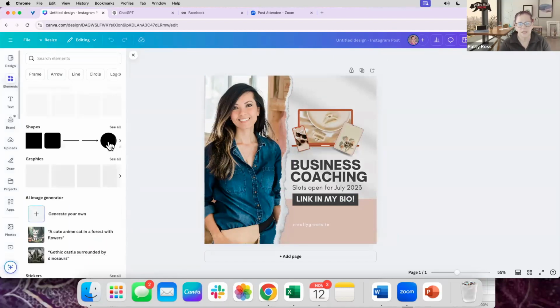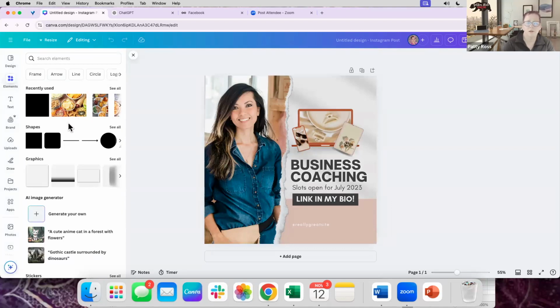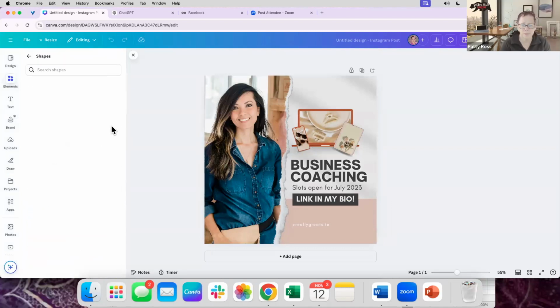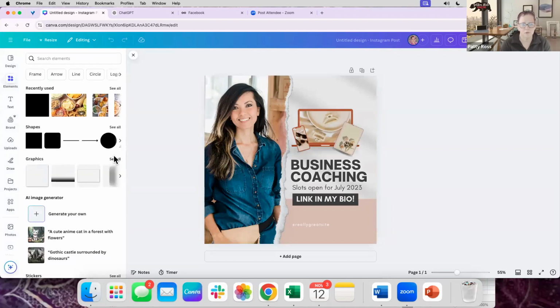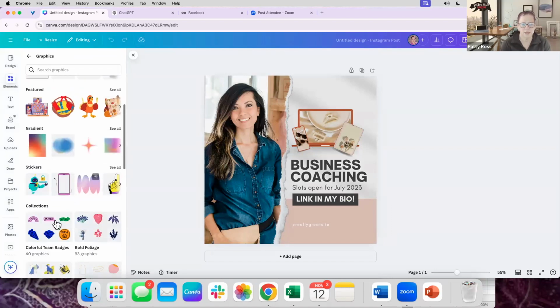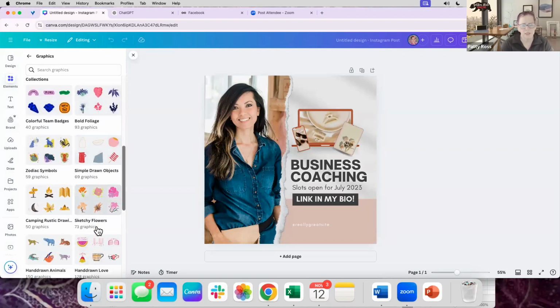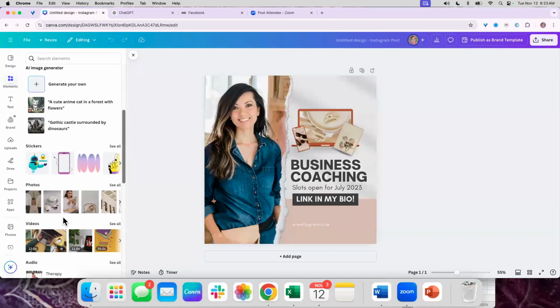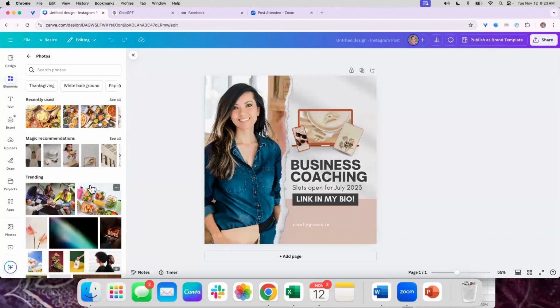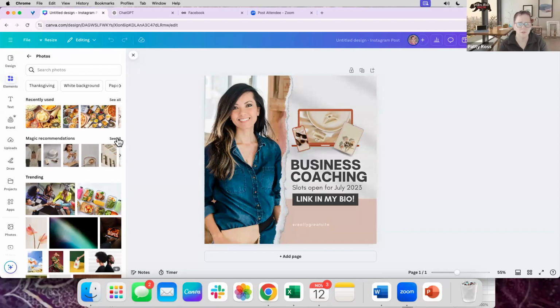Those are the templates. And then under elements, you probably played with a lot of these as well. So there's shapes. You can add different shapes into your design. Graphics, of course, here. There's different types of graphics and stickers and animations and all kinds of different things you can play with as far as graphics. Photos, obviously. Now I wanted to show you this. If you're not familiar with this,